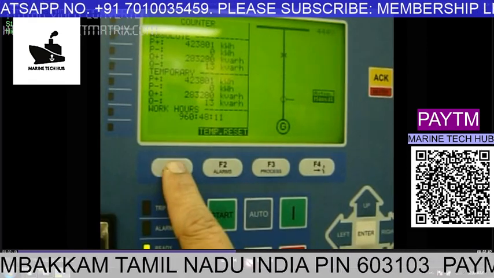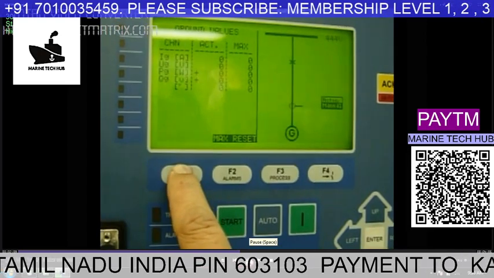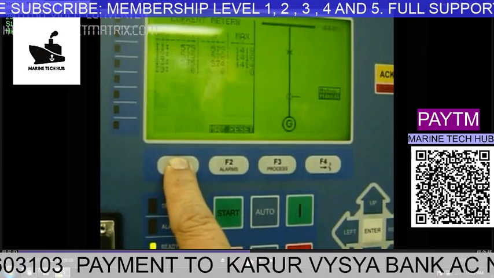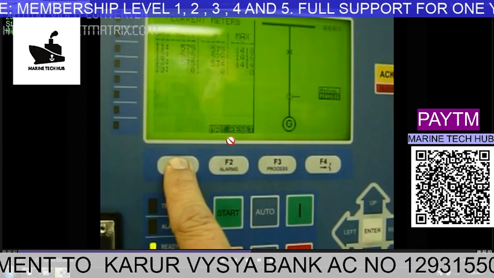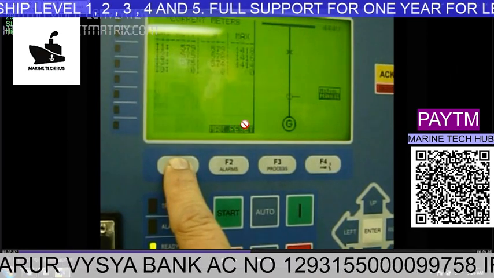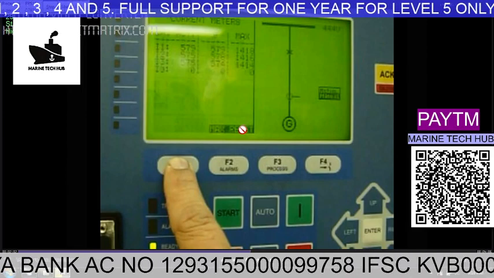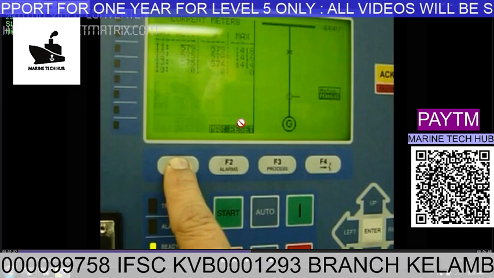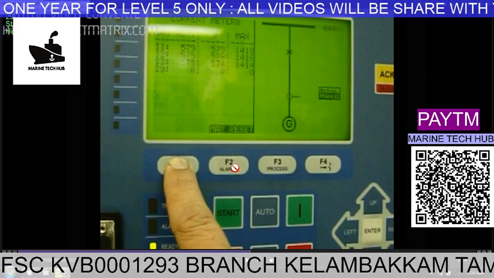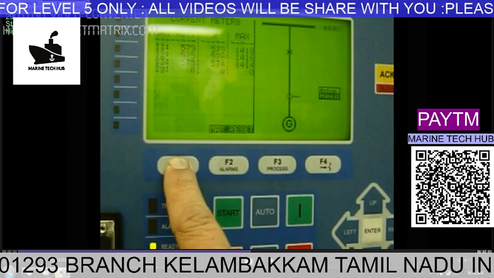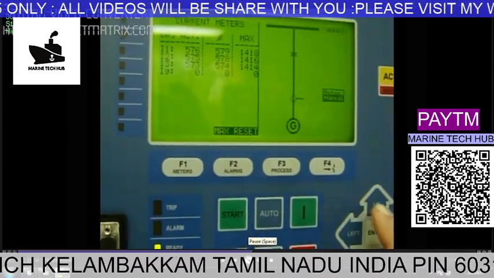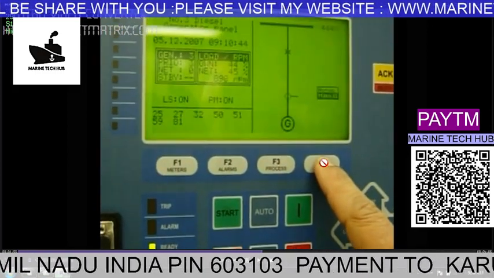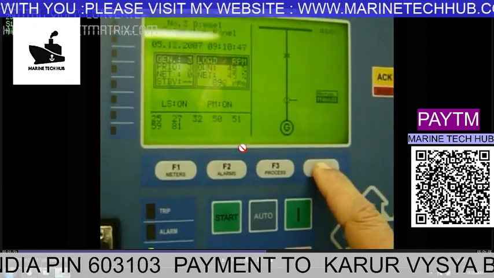So this is one part of it. What I wanted to tell you is you can monitor all of the parameters from the control panel here. The purpose of keeping the priority is that generator number 1 which is running will be priority 1. If you are running 2 generators, then the second generator will be priority number 2. The third generator will be priority number 3. In case something happens, the generator will start in that particular sequence. So you have to make sure you keep the priority accordingly so that the generator starts when it is required.